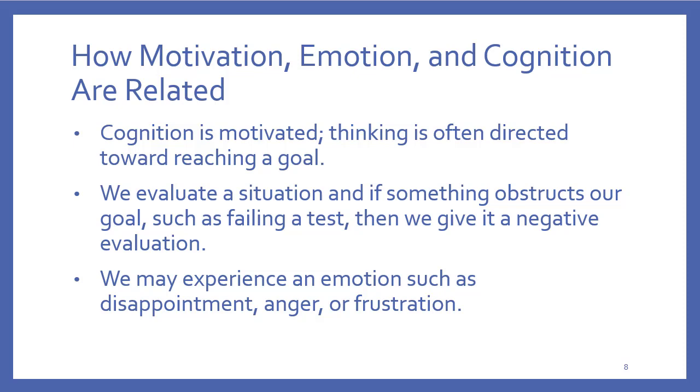So cognition is motivated, right? We think a certain way. It is driven. It is motivated by something that we want to do. Thinking is oftentimes goal-oriented, so we don't often think unless we have a goal in mind for the thought. I'm trying to think of an example of that, and it's almost impossible to think of an example of it while you're trying to have the goal of thinking of an example. It's kind of an odd thing.